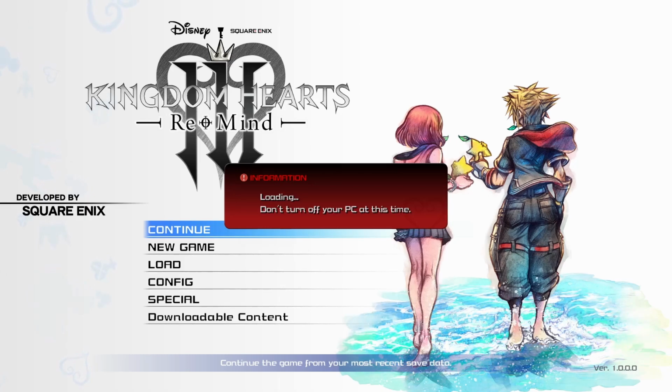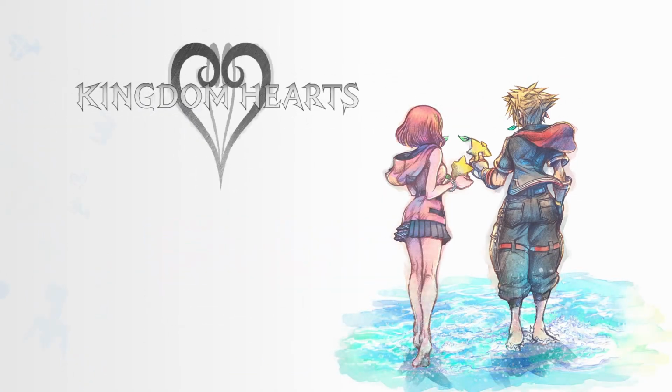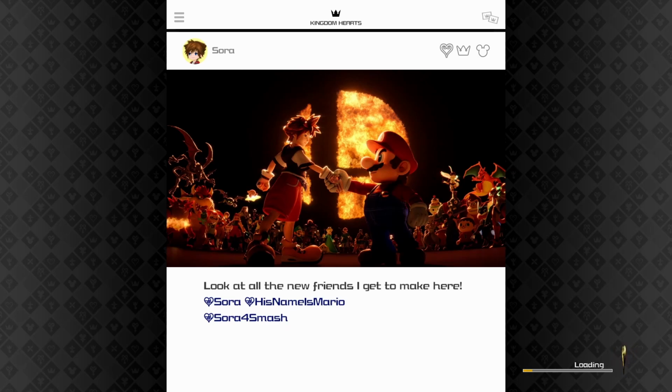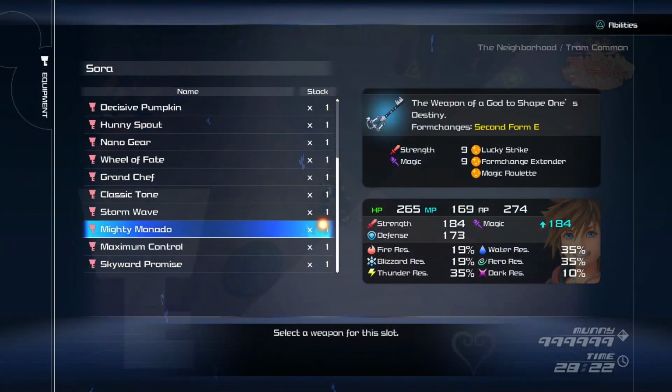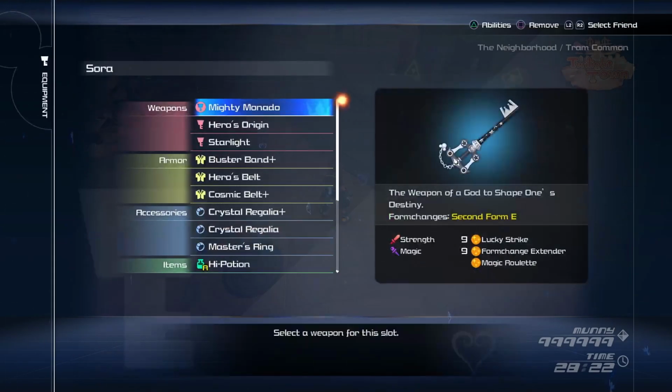We're just going to continue. And okay. In game, we're going to equip Elemental Encoder or Mighty Monado. Oh, I had the wrong... whoops. Okay, well, I'll fix that when I get to it, but I'll fix that before I release this mod, but